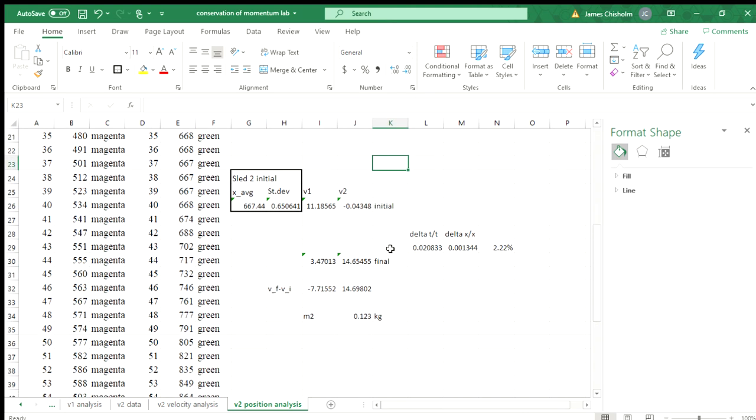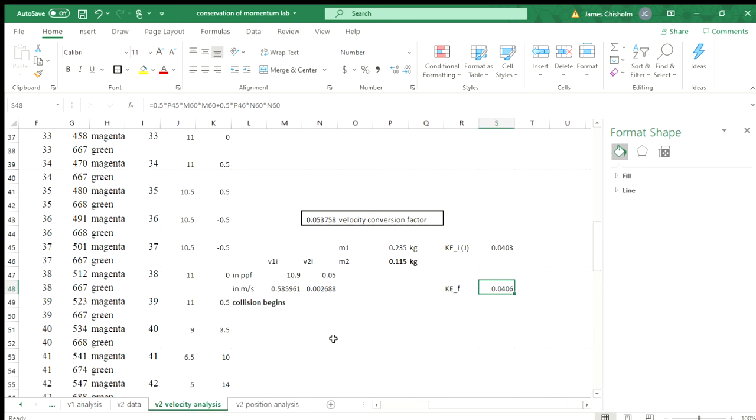Okay, I said before that we can use conservation of momentum then to find the mass, and we don't even have to convert to other units. So this is giving me my v final minus v initial. This is the delta v for each of them, and then my mass is just going to be related to my initial mass of 0.235 multiplied by a certain velocity ratio, which you'll figure out using conservation of momentum. Here we get our mass of 0.123, slightly different from the 0.115, still less, but slightly different,